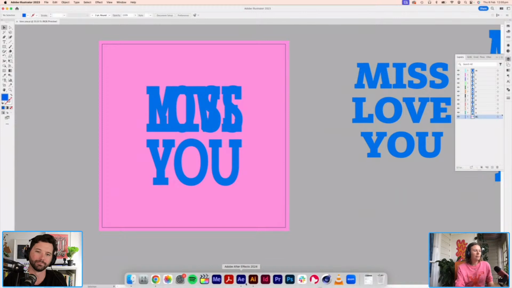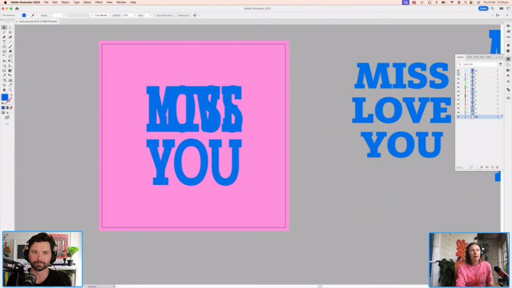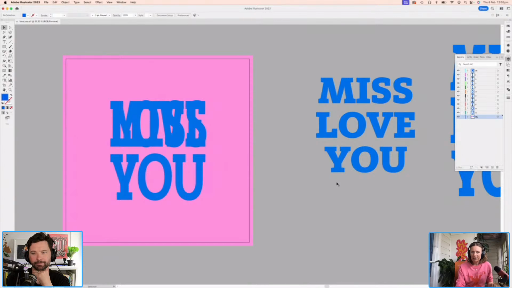Maybe we will do that now. The other thing is I've got each letter on its own separate layer, just to make life easier when we start animating. Just before we do that, why is it that you will create the letters in Illustrator and then import them in? I just find it a lot easier to play around with different layouts when I'm in Illustrator.